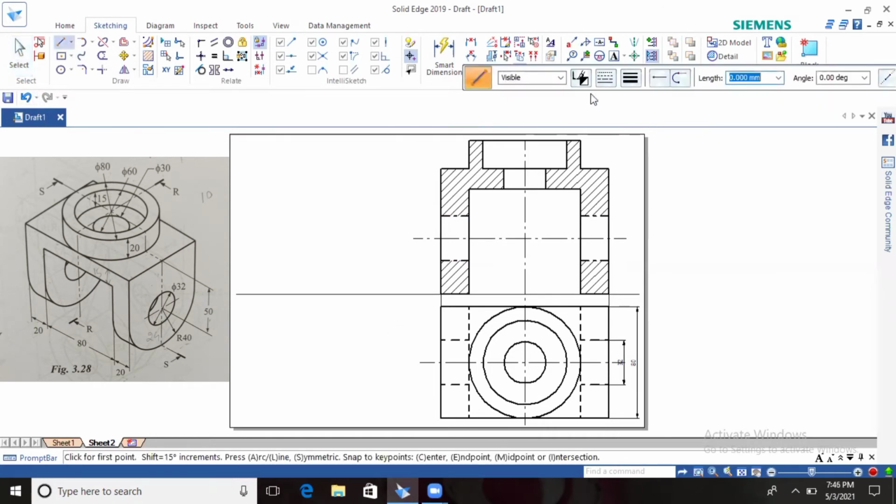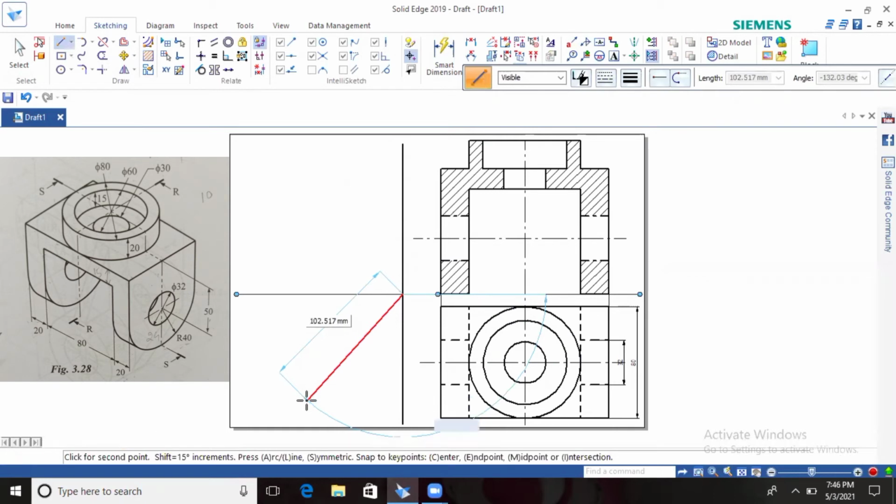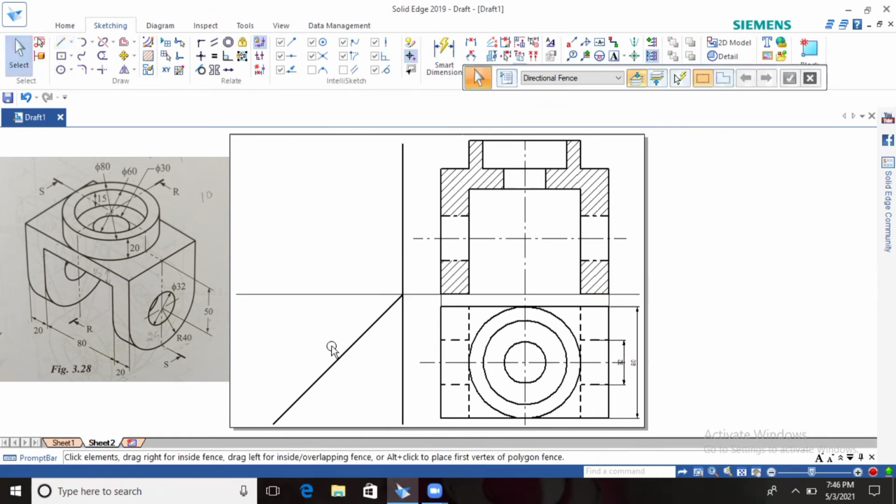Next you have to go for the sectional side view, that is the right side view. How to draw the sectional right side view? From the top view you have to go for the 45-degree line. Press tab and give 45, or you can give the total angle 225, according to some distance. Project it.